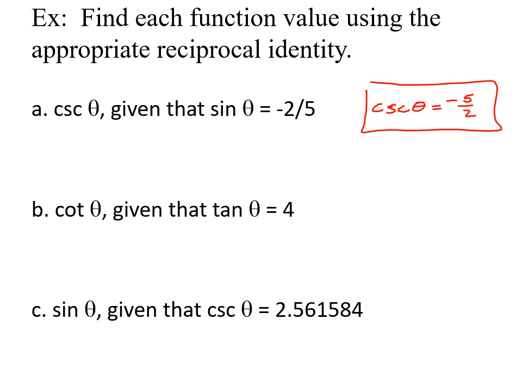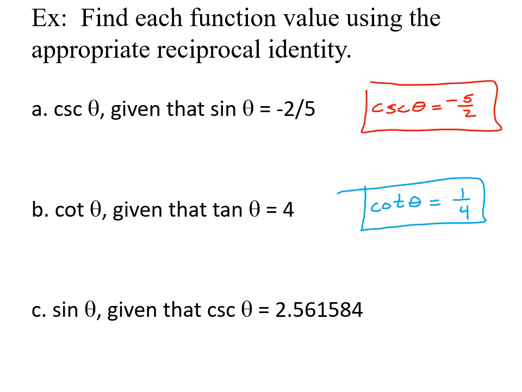Or find cotangent if you know tangent's equal to 4. Well, cotangent is tangent flipped over, so I would just flip over 4 to make it to be 1/4. Now, the ones with the decimals are a little bit harder to do, and you'll probably have to do that on a calculator because not many people would know what that would be. So, like for instance, if it says find sine given cosecant this decimal number,